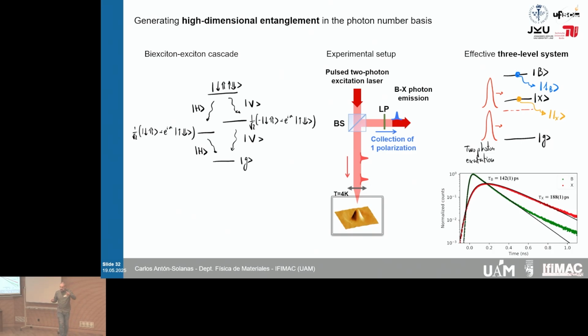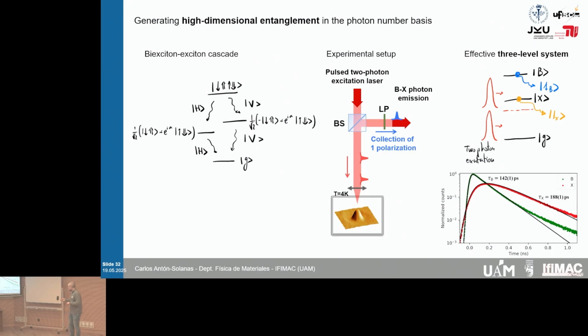In order to coherently drive this three-level system, we use the two-photon excitation scheme, where the laser is put in between the bi-exciton and the exciton lines. This allows us to pump directly from the ground state to the bi-exciton level, and from here have the cascade of bi-exciton and exciton photons. You can see here the typical lifetime that you see from this system,